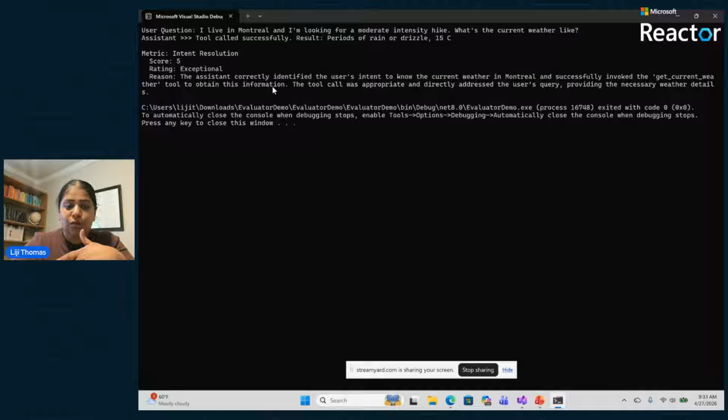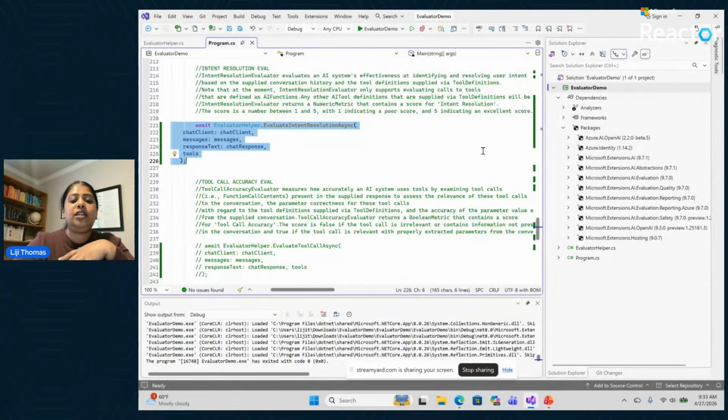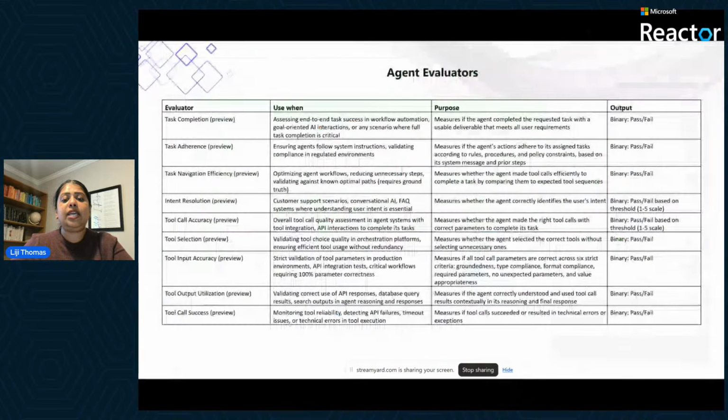The tool call was appropriate, and the user's intent was resolved. So you get the idea. Similarly, you can do that for tool call adherence, for tool call accuracy evaluation, and many things like that. Again, just like we did for RAG evaluators, it's not a lot of code, just a couple of lines, and you can add the package to your application and start invoking